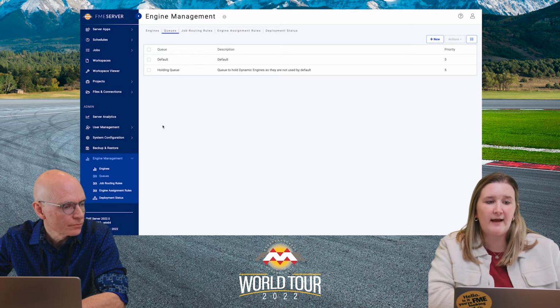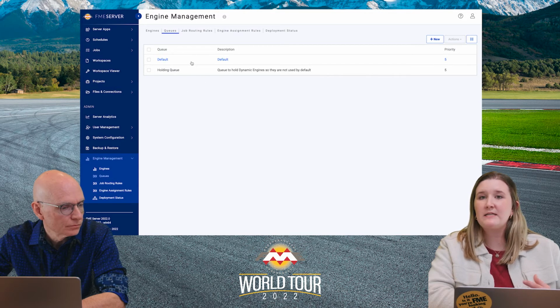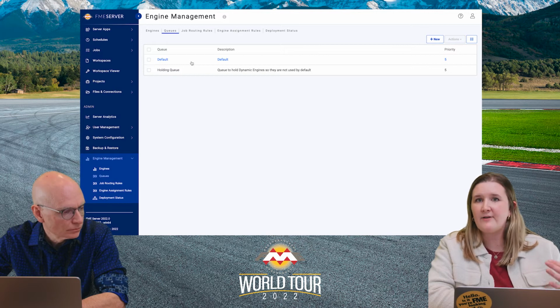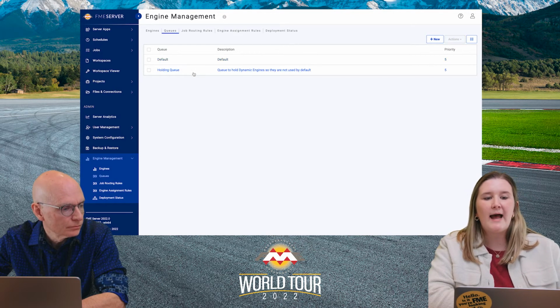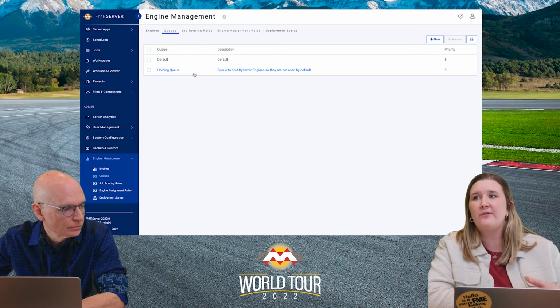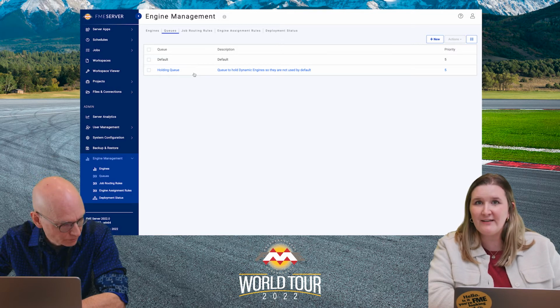On this FME Server, I already have 2 queues available. I have the default queue, which is available as part of the FME Server installation, but I also have a holding queue. I've set this queue up because my engines are a mix of both standard and dynamic engines.